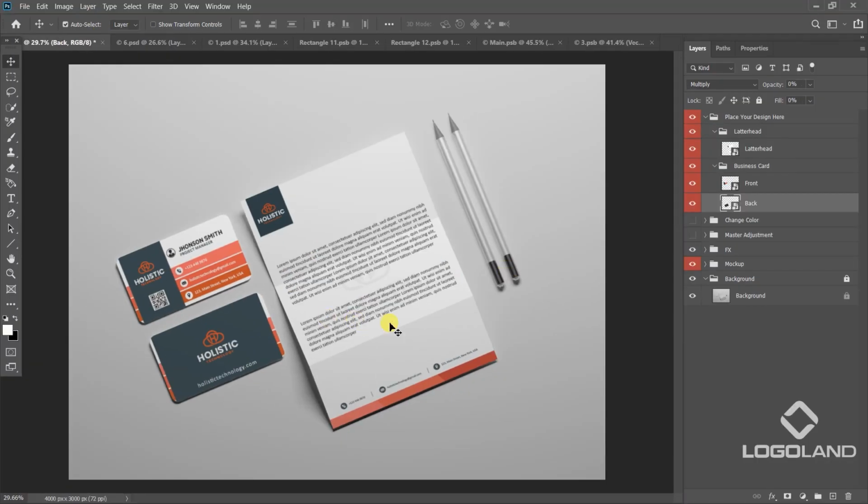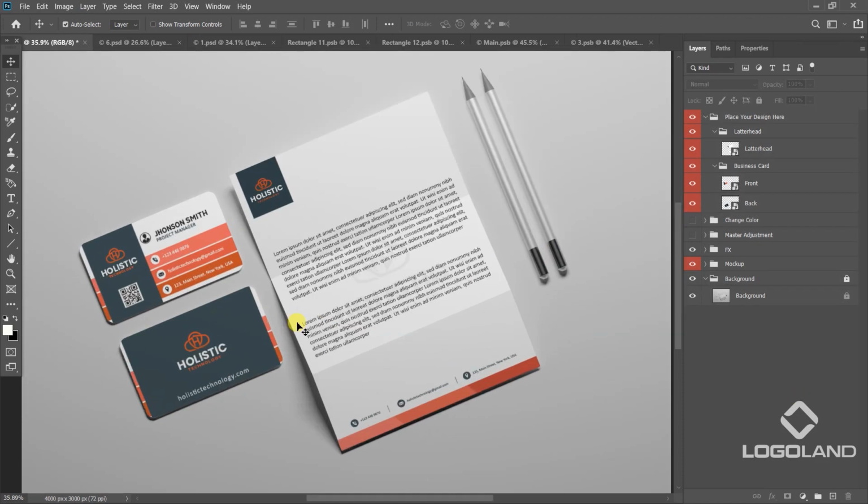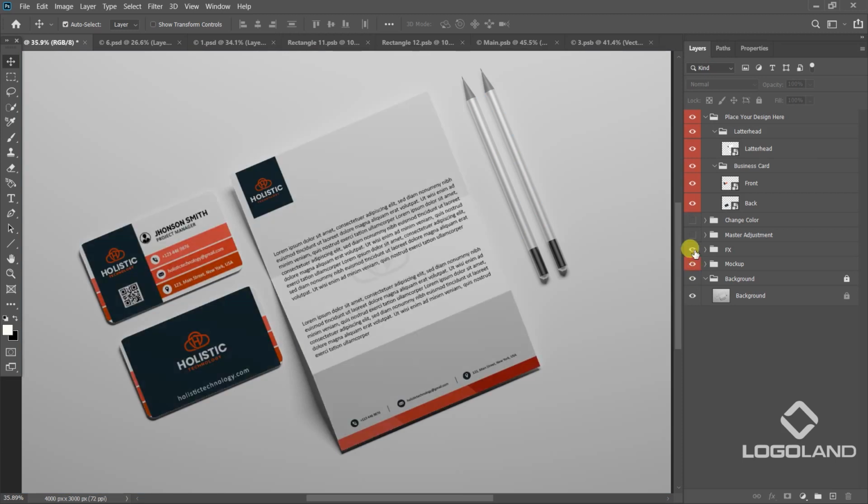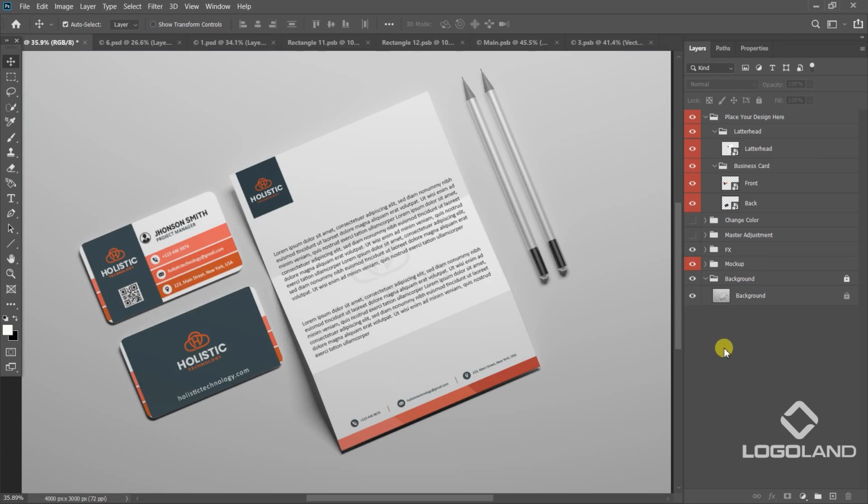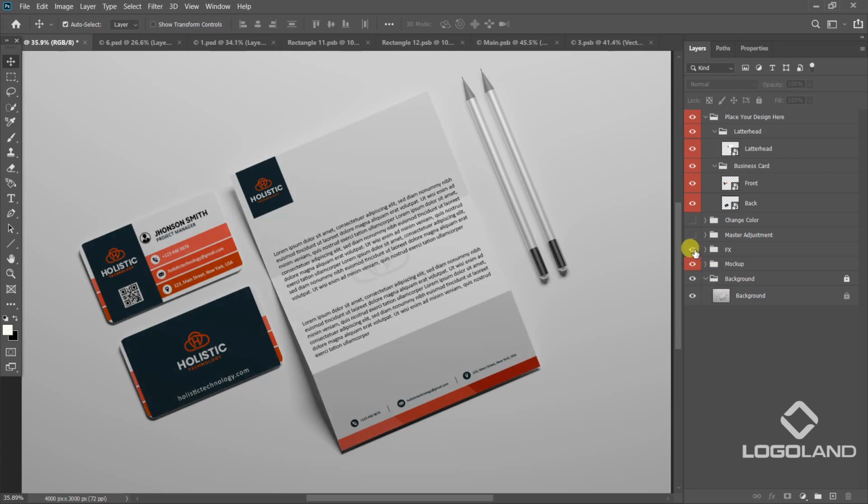We need to copy this one. Looks like everything is looking dull over here, so we can make some change. Let's check what we can do. If you are finding this mockup is not relevant to you, it is messing up with everything, so you can go and look for another mockup. I'm trying to make it best. Okay,